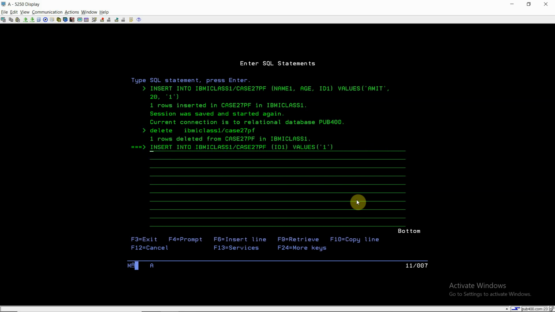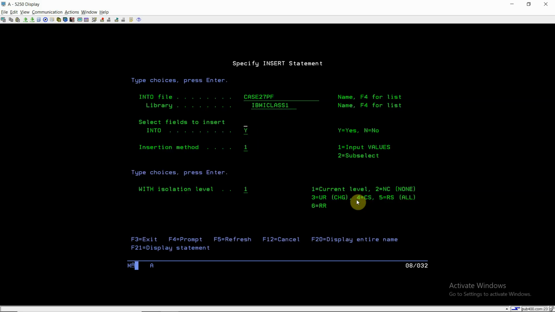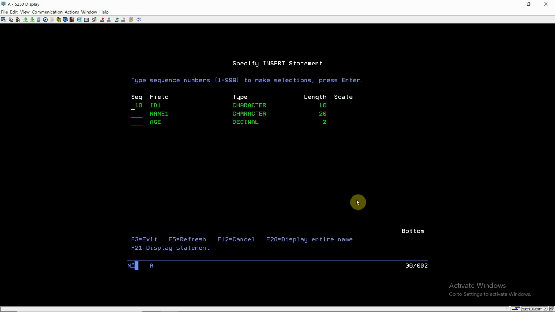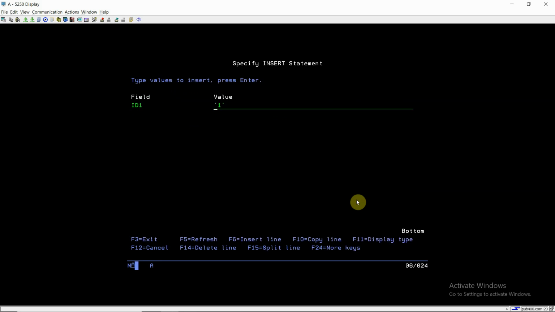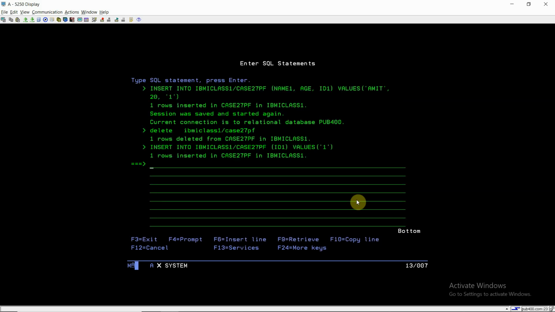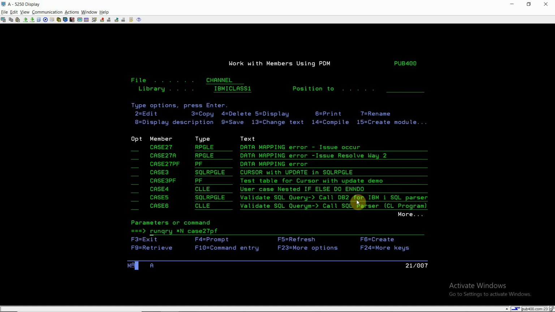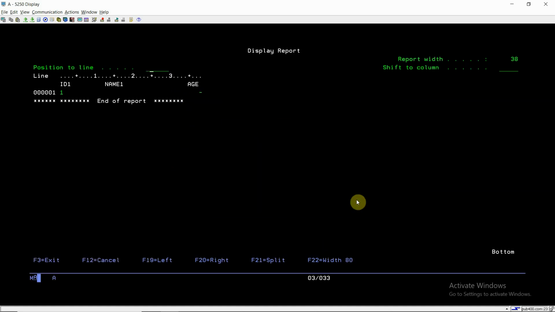If I want to enter a null value, I select only the field id1 and just give the id1 value. In this case, for name1 it is not null and the default blank value will be inserted. You can see here it is blank, and for age you can see this dash. This just denotes the null value. So in age it is a null value, right?